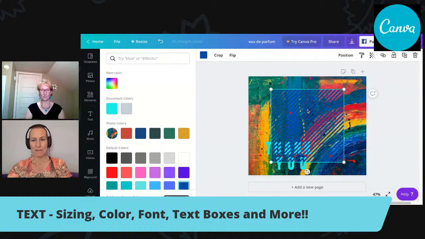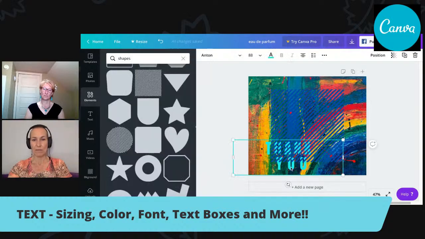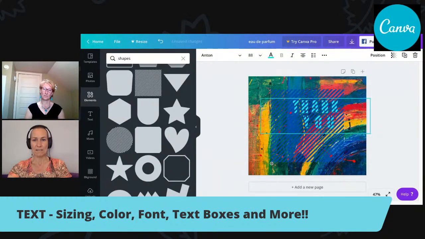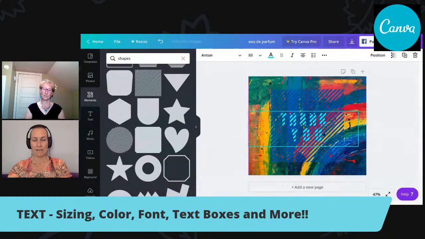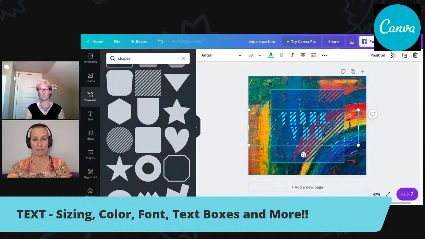Now, as you can see, my shape is over top of my text, and I want my text to be over top of my shape. So how do we resolve that? Well, you can't just grab your text. You can grab your text and move it, but it's still behind. And if you like that look, that's great. But if you want your text to be in front and this thing to be behind,